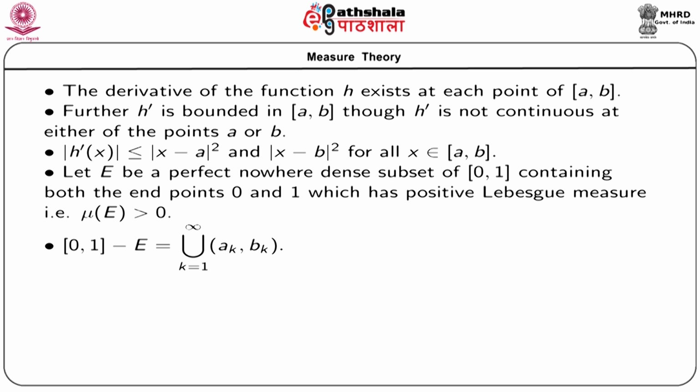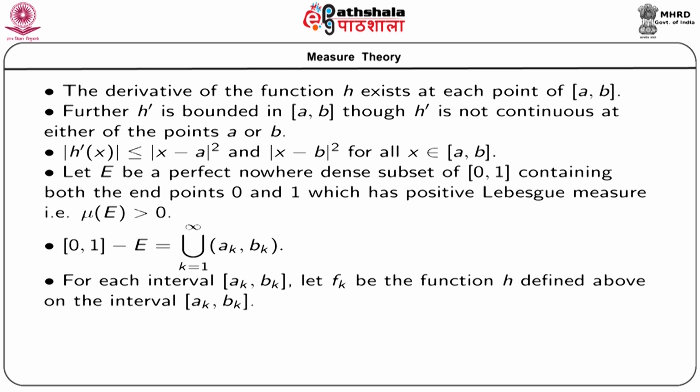See that the closed interval [0, 1] minus E can be written as a countable union of open intervals. So, say we can express the set in this form: union k equal to 1 to infinity of the open interval (a_k, b_k),